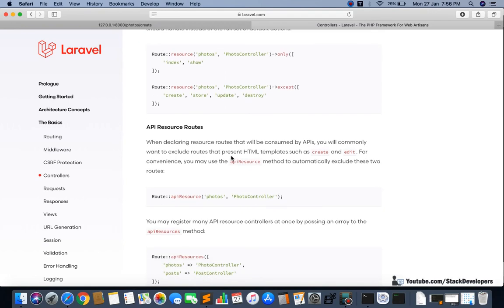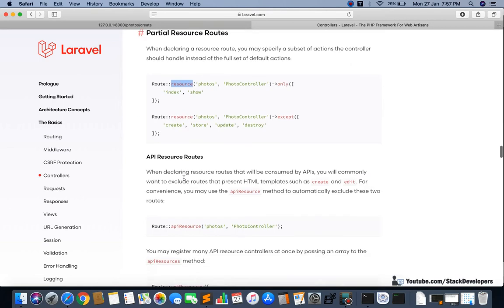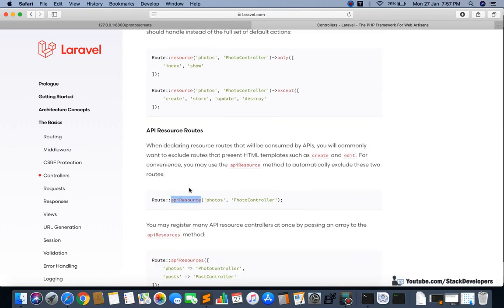Sometimes while making a resource controller, you don't want to create the create and edit functions. See here, two functions are there, create and edit. Laravel provides us a mechanism: if you create a route with API resource, like we used to create resource routes earlier, now here it is API resource. If you create this API resource, then these two functions will not work. In many cases when you don't require the create and edit functions,